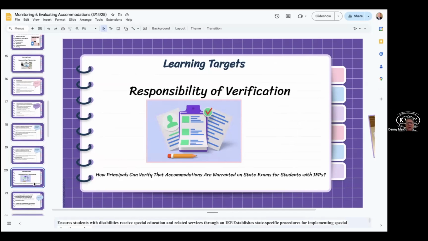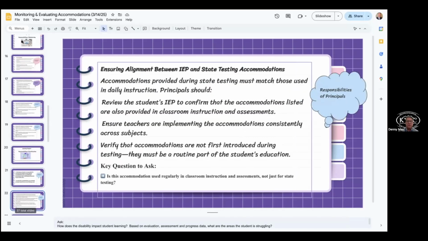That's a big question. Whose responsibility is it to verify that? It really largely goes back to the ARC chairperson. We're able to know where to look, and we're able to see if students are actually getting what they're supposed to be getting, and it's verifiable based on their disability, one, and two, based on their performance. So we can't just say blanketly that just because a student has MMD, they get all accommodations across the board. Although they probably do, we still have to verify it, and it still has to be documented. And so that's what we're talking about here.